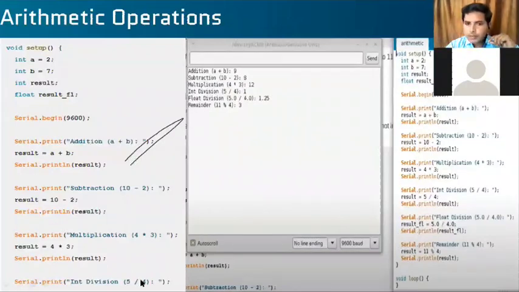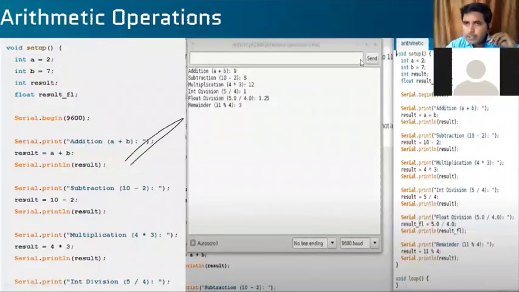Okay, and now 5 by 4. If I do the division of 5 by 4, I may get a decimal value. For that I have to define float here. And there is one more program, which is not shown here. If you want to see the remainder value, not a decimal division value: if you write 5 by 4, you'll get a decimal value, and if you write 15 with the percentage mark, modulo 4, you'll get a remainder value. Okay, so here is a program.